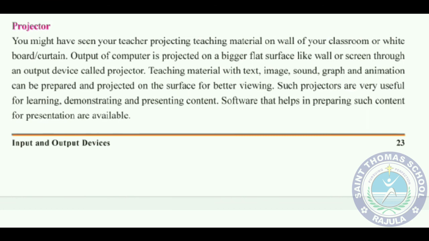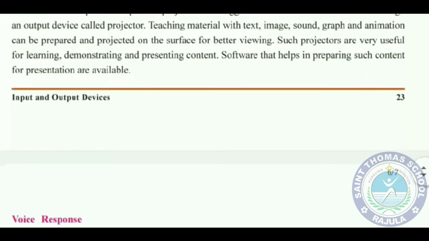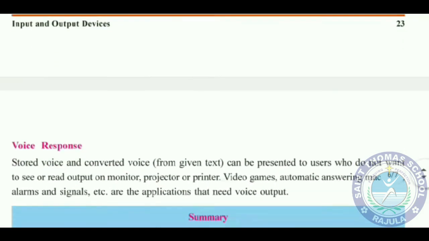Many applications are available nowadays that help you prepare your content in presentation form. For example, Microsoft PowerPoint and Google Slides. Many such applications help you prepare slides to show topics on a projector.